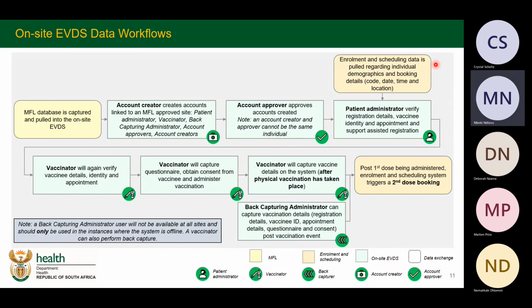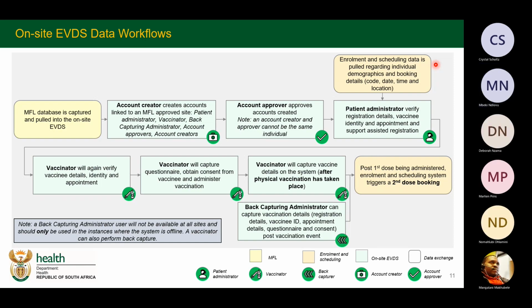Remember, we say that if you want to be vaccinated, you need to register, and that registration process happens at the enrollment and scheduling component, where you provide your details, and the system in turn provides you a date, a location, and time slot. So when you get to the facility, the patient administrator will verify and compare those details. Once the patient administrator is done, the patient proceeds to meet the